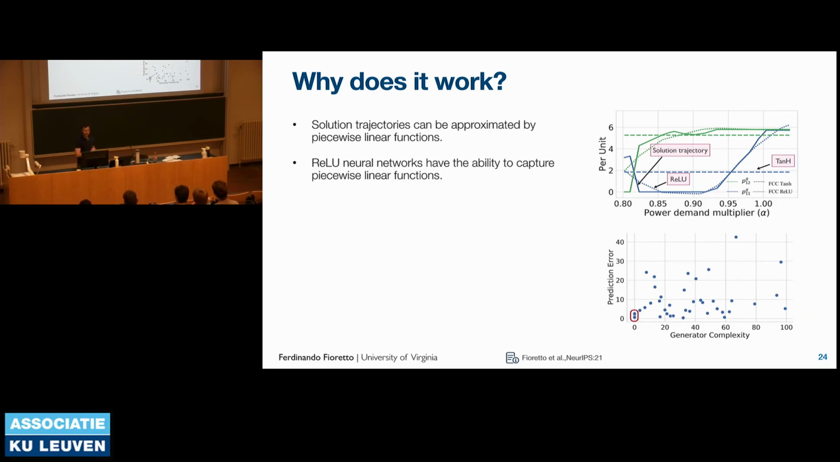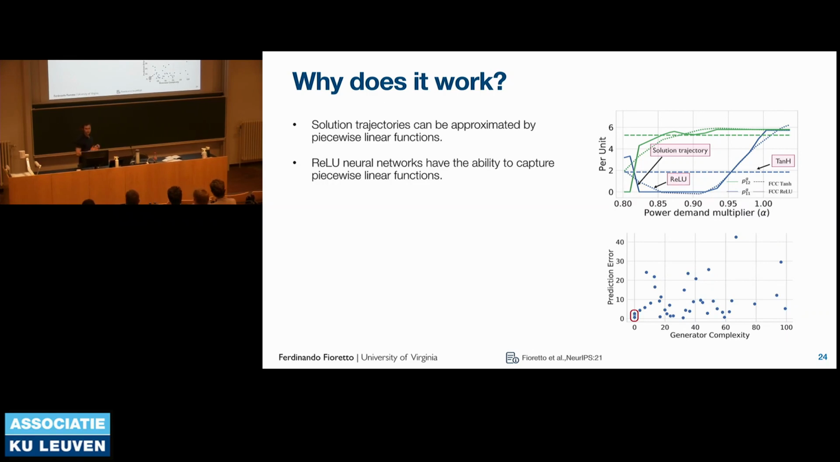And so when you do that and then plot these solutions for the generators, the generators are essentially outputting some power. On the y-axis, you see the power that is outputted by the generators for a given demand vector. When you're doing that, you end up creating some kind of solution trajectory, which really looks like piecewise linear